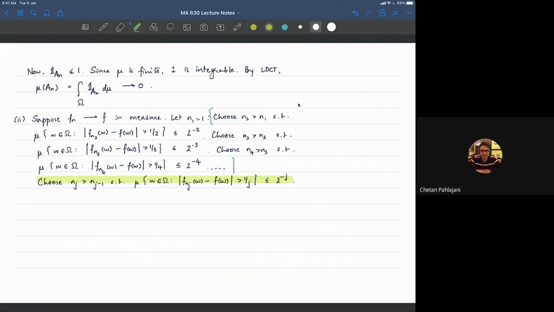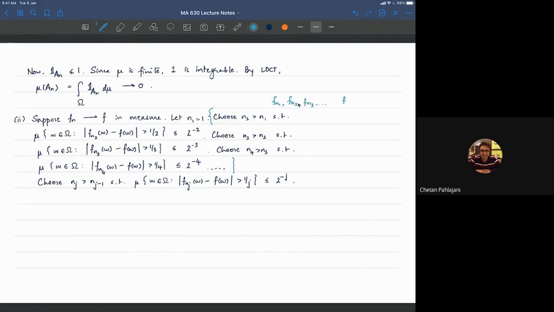So the sentences we wrote above were just illustrations of this. You'll take n1 to be 1. Remember, you're looking for a subsequence which converges to f almost everywhere, right? So basically you're looking for this subsequence, fn1, fn2, fn3, ...